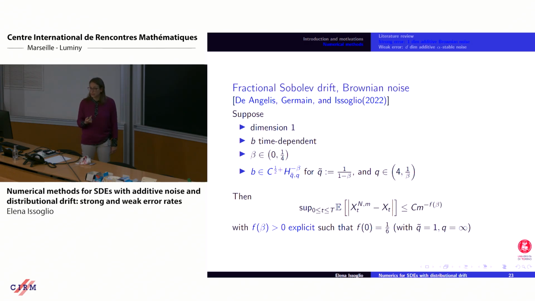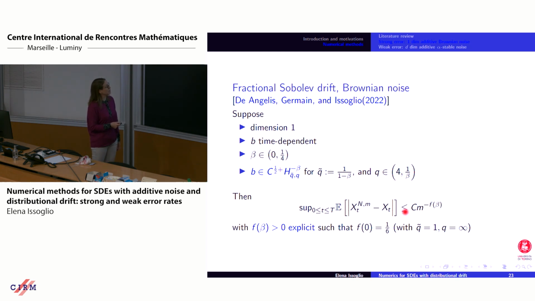But for the numerics, we need 1/2 regularity in time to carry out the procedure. And then in space, it lives in a fractional Sobolev space of negative index minus beta, which goes all the way to -1/4. This is due to this Q, which is between 4 and 1 minus beta. And we find an L1 rate. So we cannot do LP, in fact. We only have L1, and the supremum is outside.